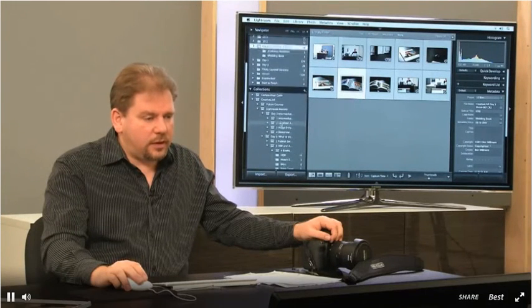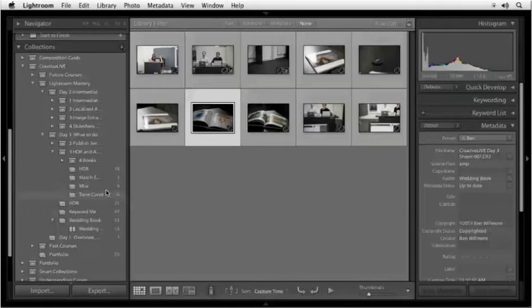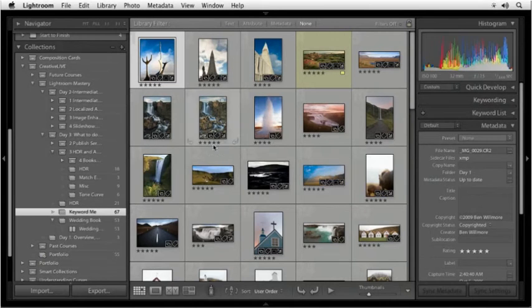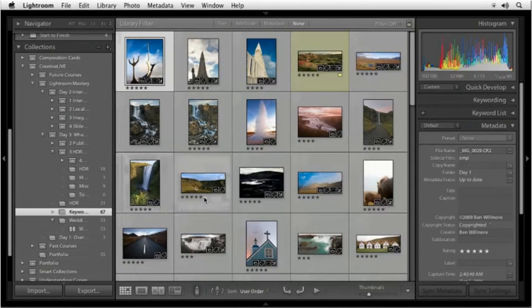So far we've only used ratings and a few other features like the little color tag we can put on it or making a pick or a flag, but none of those things are going to really help me find an individual photograph. You know, if I remember I shot a waterfall in Iceland and I had my finger in the water, how do I find that if all I've done was add ratings and label and a pick? Not going to help me do it. I have to remember